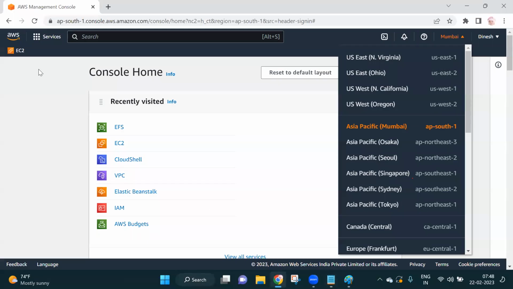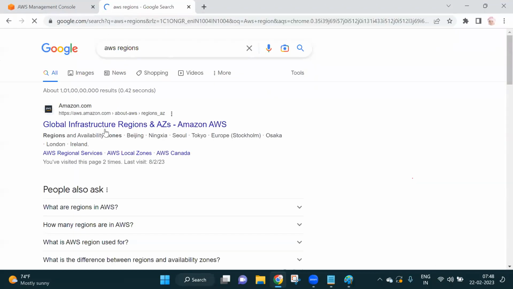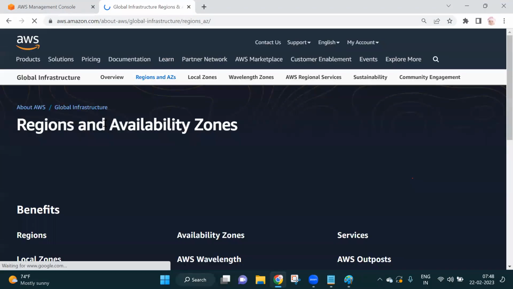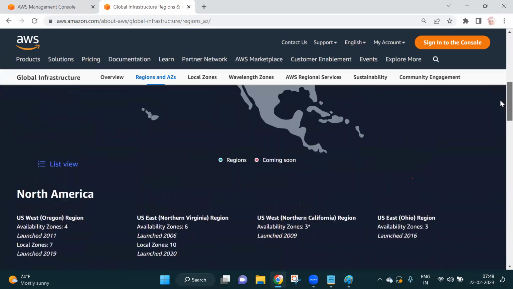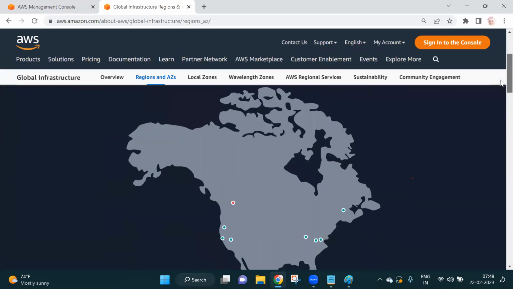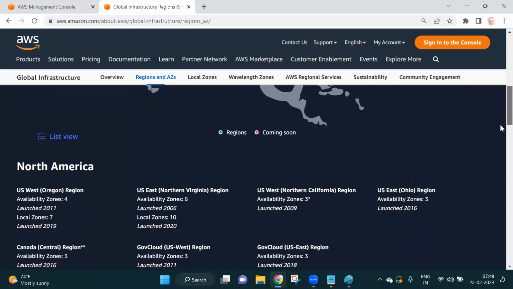So if I take the AWS documentation, the global infrastructure of AWS has regions in North America, South America, Europe, Middle East, Africa, Asia Pacific, and Australia.